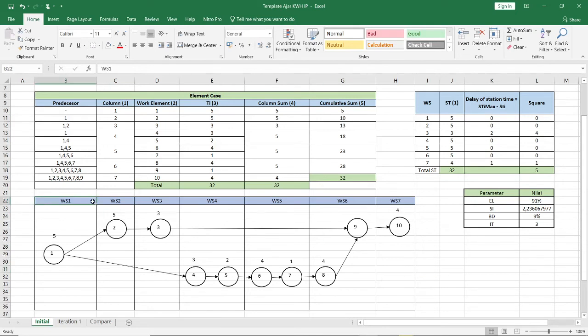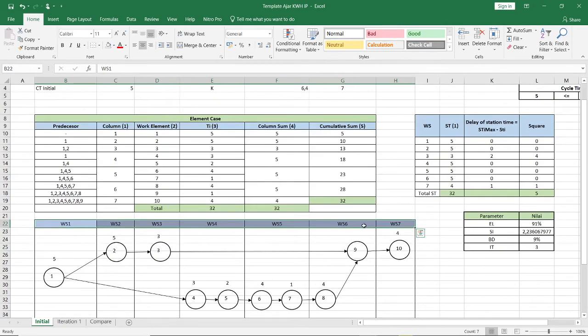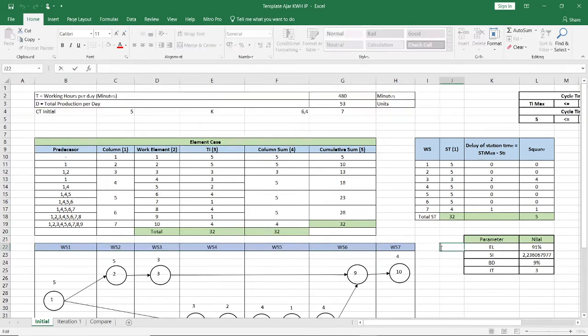So it depends on your workstations. If it has 7 workstations, you must make 7 columns like this. If you have 6 workstations, you must make 6 columns. Okay friends, that is the initial part for the Kilbridge Western heuristic method. But I will repeat again.